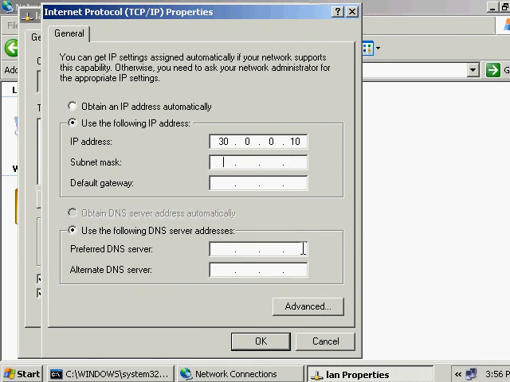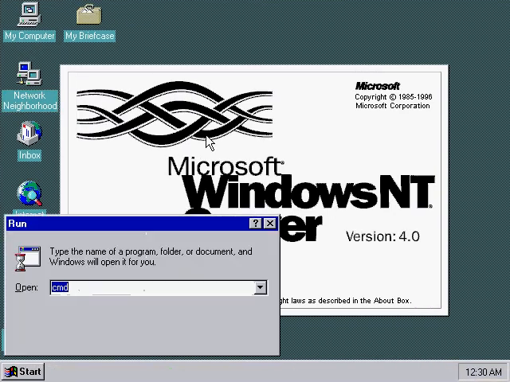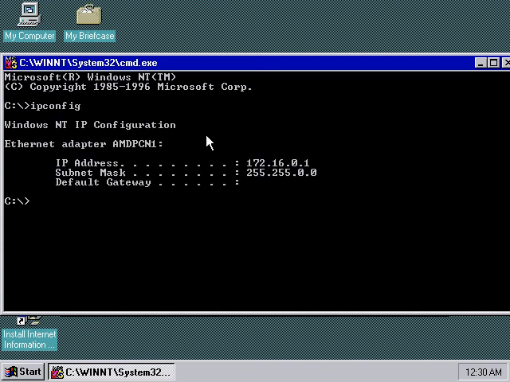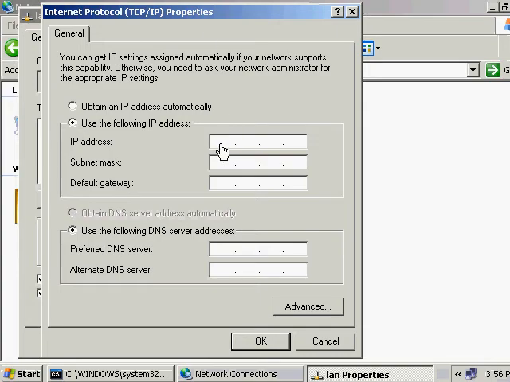Now I am going to give it IP address 172.16.0.2. Let's see the IP address. Here IP address is this one, and I am going to assign the same range of IP address to the Windows XP, 172.16.0.2.